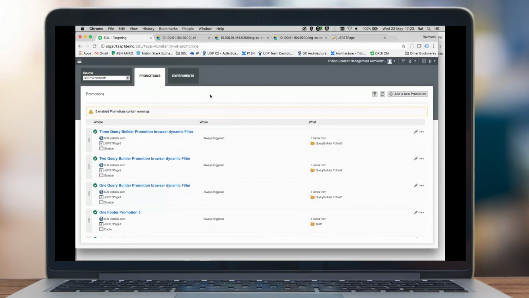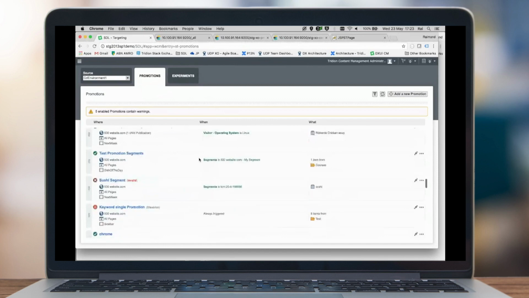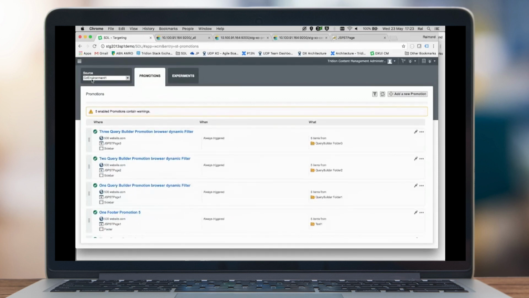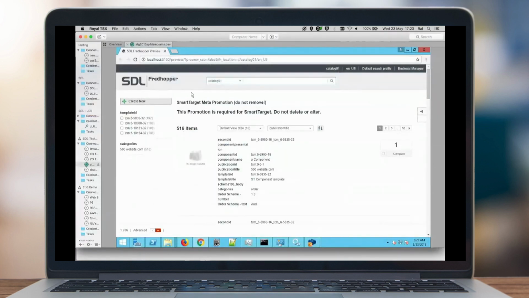So if everything is working okay, you now see a SmartTarget installation on screen. Basically, you see a bunch of promotions, quite a few actually. And in this instance, the CD environment, they are basically loaded into Fredhopper. And if I look on the server, you see here a Fredhopper instance which has roughly 560 items published into it, as well as quite a number of